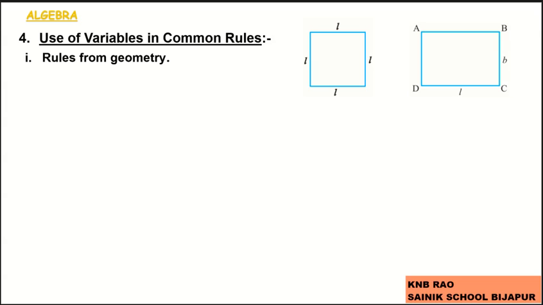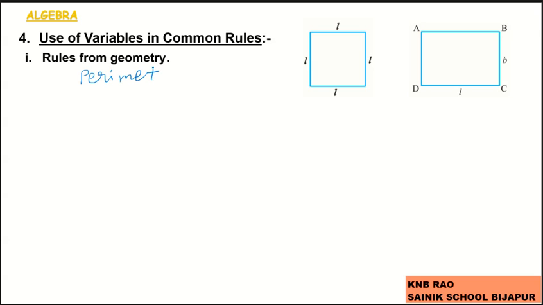And even the perimeter of a rectangle in terms of L and B, or the area of a rectangle in terms of L and B, we can express, which are normally called formulae. They are generally rules of geometry formed by using variables. See, I am going to write them